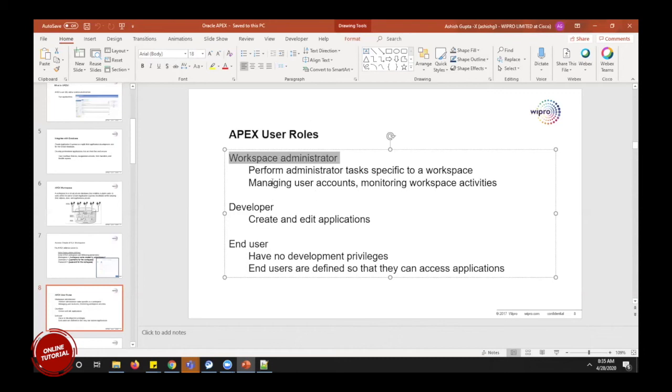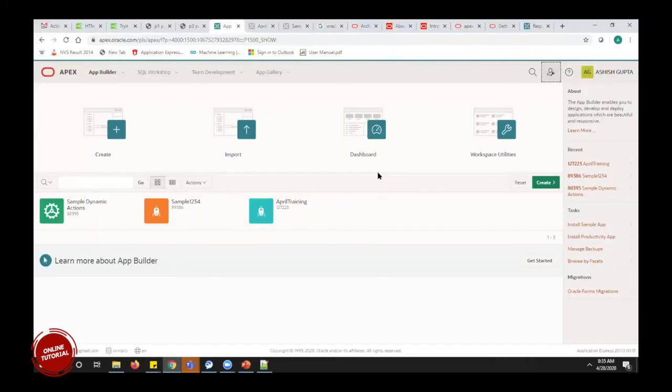For an administrator, they can create any user account, they can monitor the workspace, they can see how much space is required, how much space the application is taking, and so forth. So everything is done through this workspace administrator. For the developer, we will not have these many roles, and we cannot create this workspace.